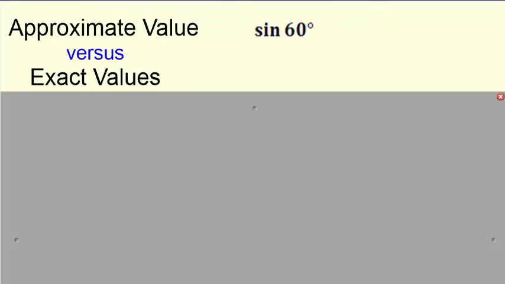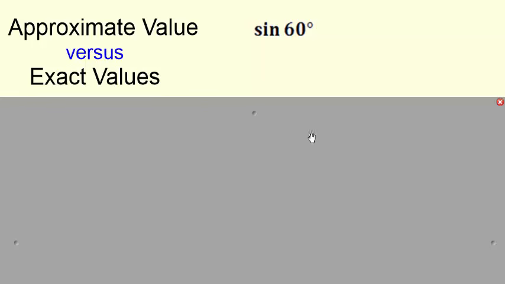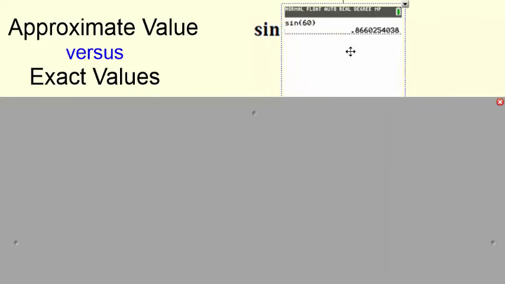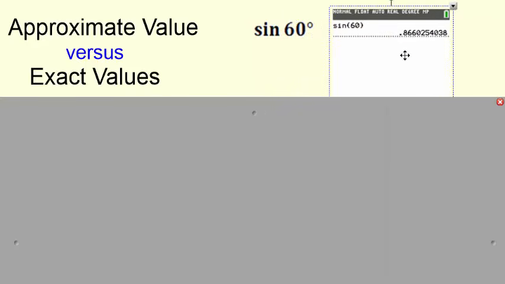Let's get this going. So we are going to look at approximate versus exact values today. We've been kind of chilling with these trig functions here, and we can find the sine of 60. At this point, I know you guys are pretty good at this. We can just type in our calculator. What is the sine of 60? Calculator is going to tell us this really crazy long decimal here. I'll even bring it over to our screen here and make sure we have it. So the sine of 60 is